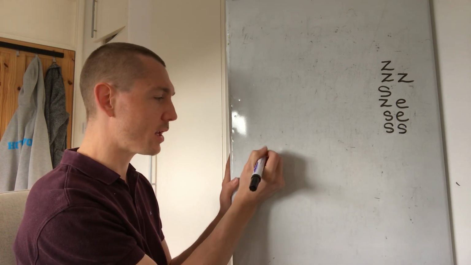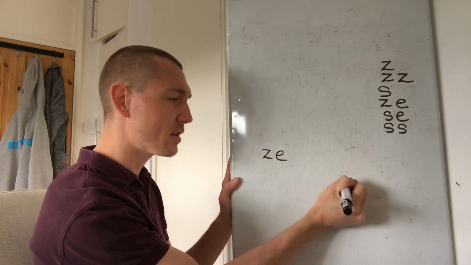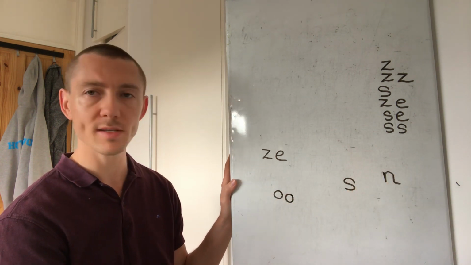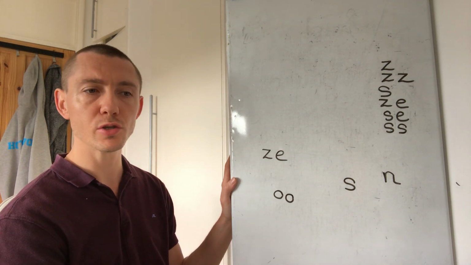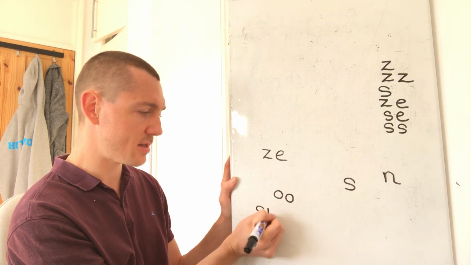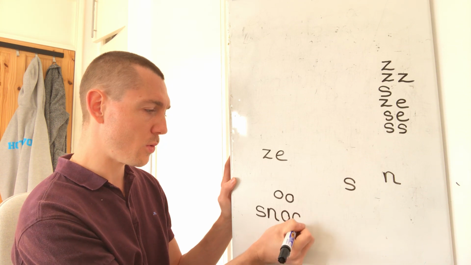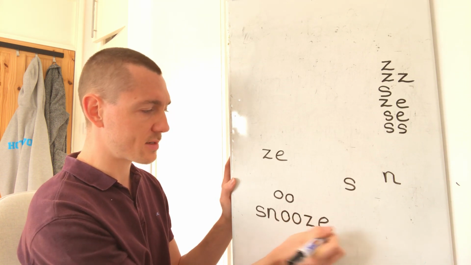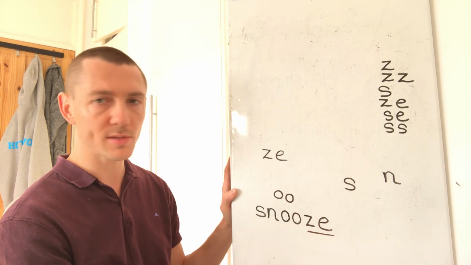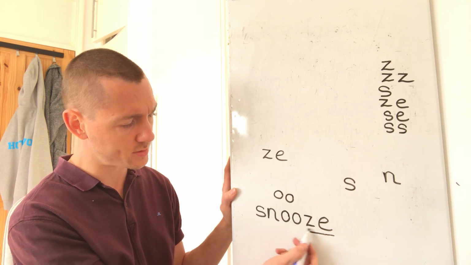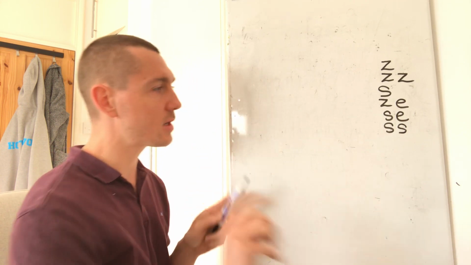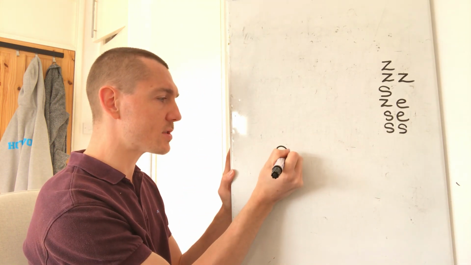Okay, two more. One syllable word this time. The word is snooze. Can you say the sounds to build the word snooze? One syllable. Snooze, and we say sn, oo, z. Now, of course, we've got the ZE spelling again of z in snooze. And the last one, before we move on, we've got the word